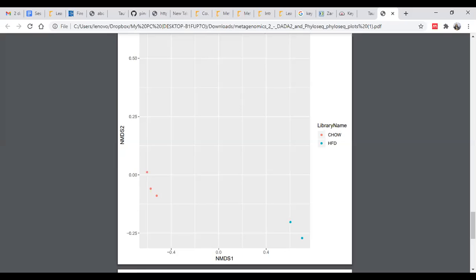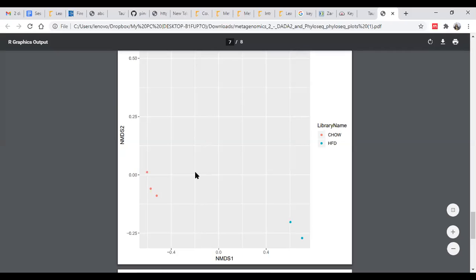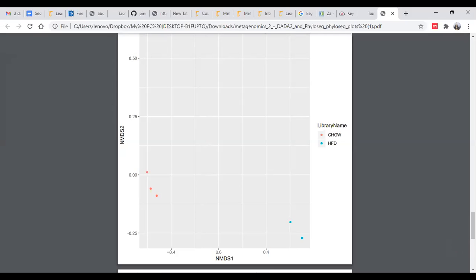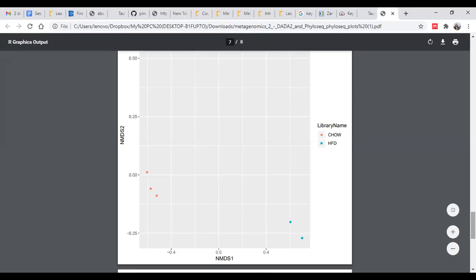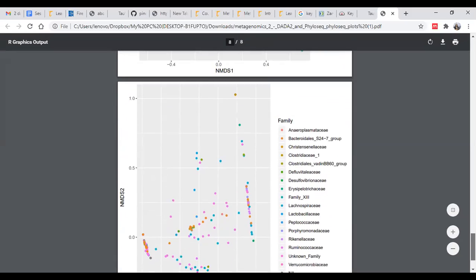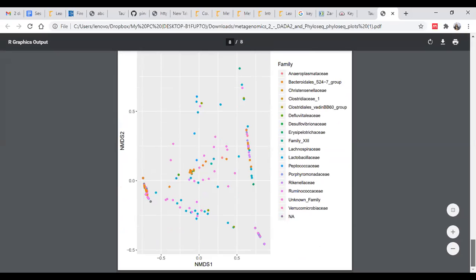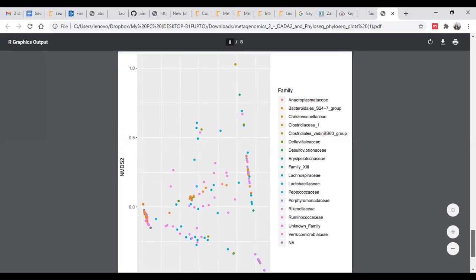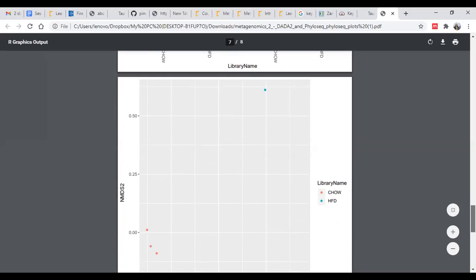Let me just show you why I'm talking about the abundance table. The abundance table that we have obtained is from the data pipeline. Those are based on the NMD, based on the disease condition.